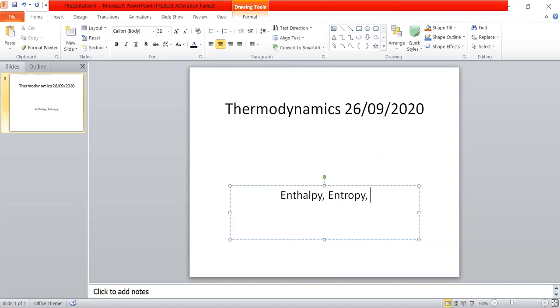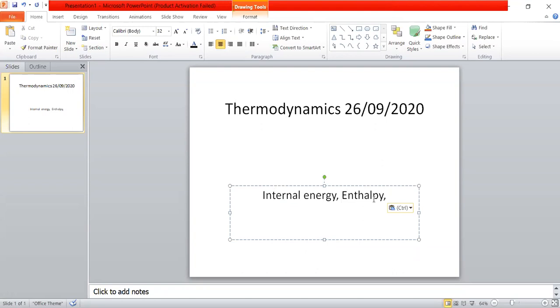And also you have learned about the internal energy term as well. So when it comes to internal energy and entropy, both are thermal energies. And enthalpy has